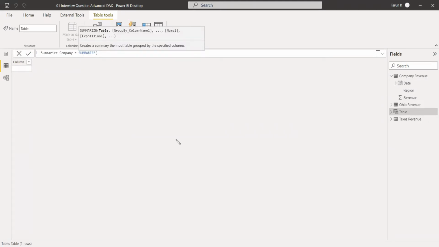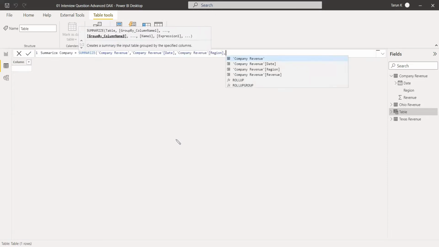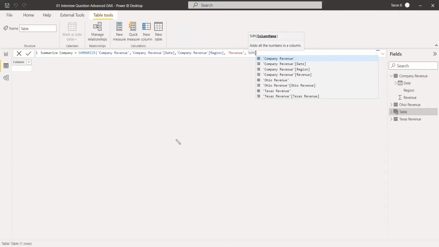And we have to do the table. Table name is company revenue. And we need to give the group by, what all things you need to do the respective group by. First one is date, and the second one is region. And then the third one we don't have, we just need to write the name of it, revenue,